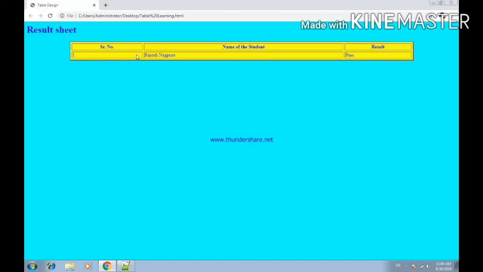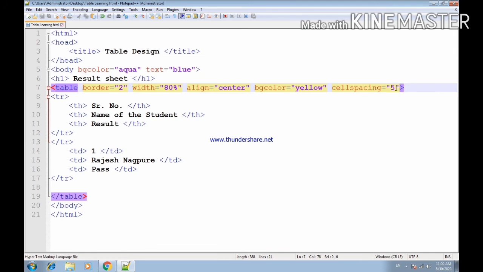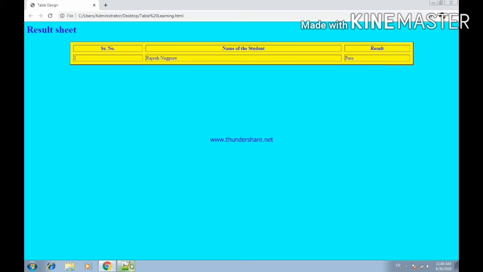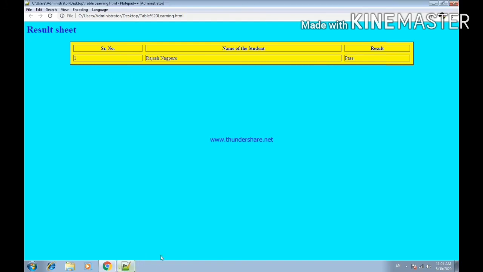You can see the space around this cell is increased by 5 pixels. Suppose I am putting 10, then the significant change can be seen. You can see a 10 pixel space is given around the cell's inner border.